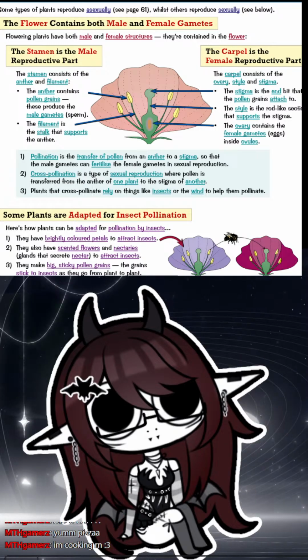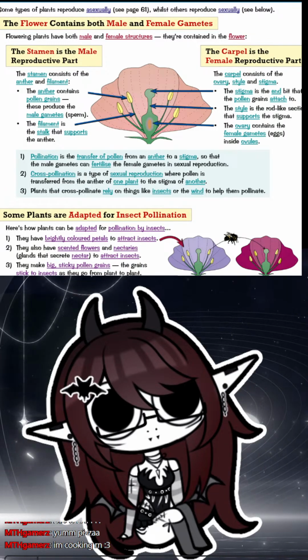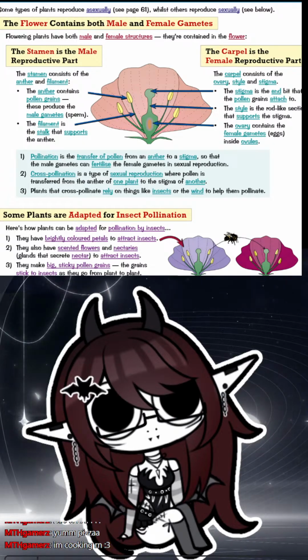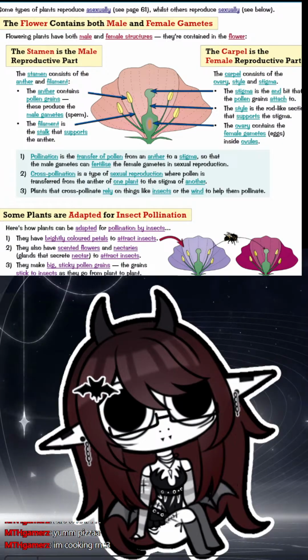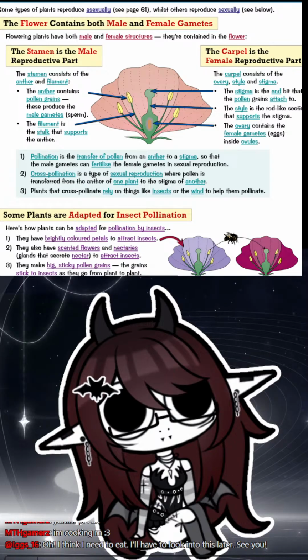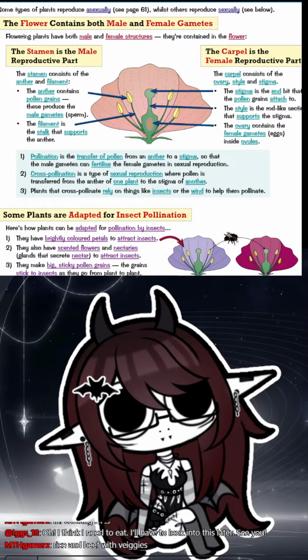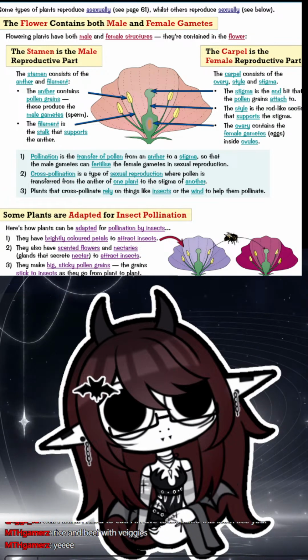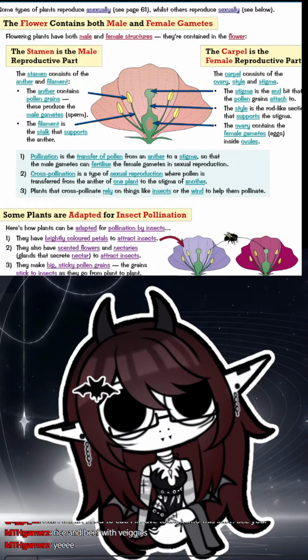Oh, Moa says, I'm cooking right now. Oh, enjoy cooking. What are you making? LGG says, oh, I think I need to eat. I'll look into this later. See you. Thank you so much for tuning in. I hope this helped you learn new things. Moa says, rice and beef with the veggies. Yum. Sounds delicious. Enjoy your cooking and eating.